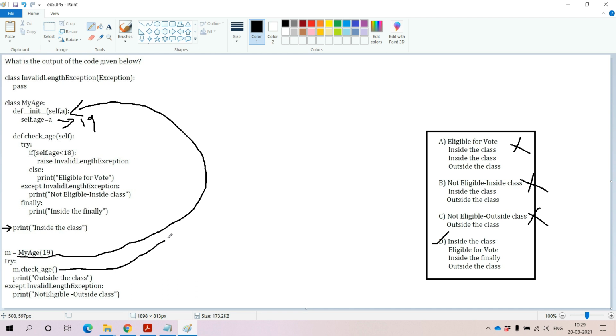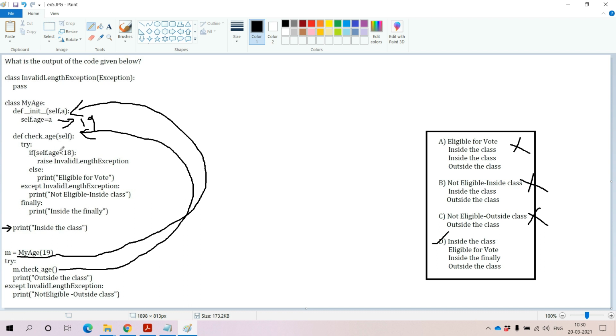In this line, the control flow will be transferred to the check underscore age function. Within the check underscore age function, we have one more try and except block, and within the try block we have provided one if condition. Within the if condition, self dot age, with respect to the parameterized constructor, is 19. 19 is not less than 18.